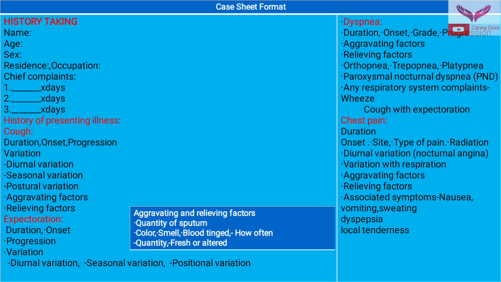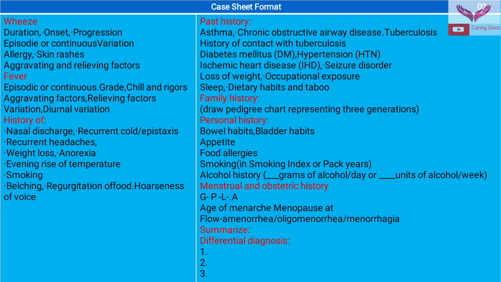platypnea, PND. Similarly, for chest pain, we have to ask about duration, onset, diurnal variation, variation with respiration, aggravating and relieving factors, any tenderness, associated features like vomiting, sweating. In patients with wheeze, we have to ask for duration, onset, progression, episodic or continuous, variation, allergy, skin rashes, aggravating or